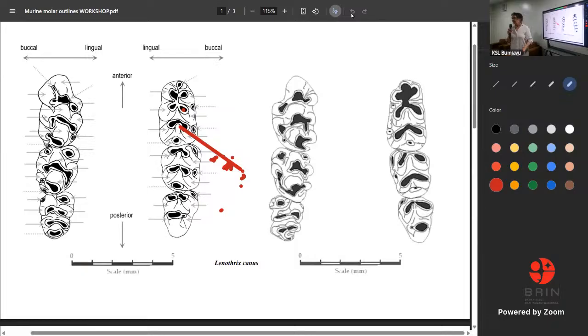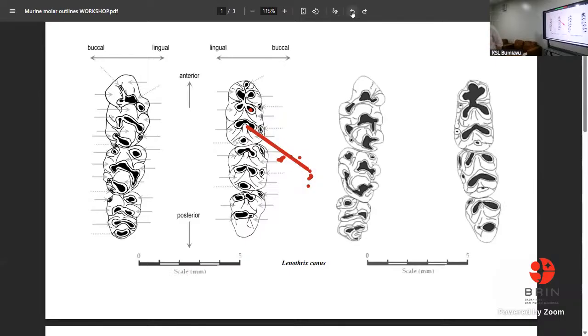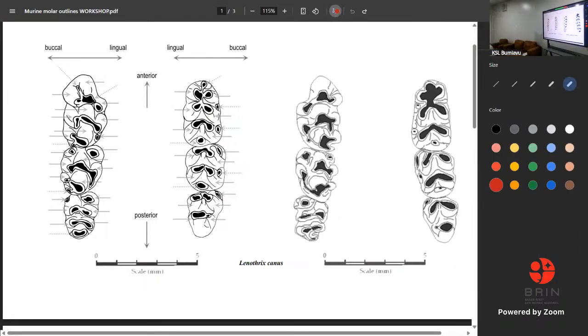So let's do the stuff on the side first. Okay, so this little tiny tube here is the